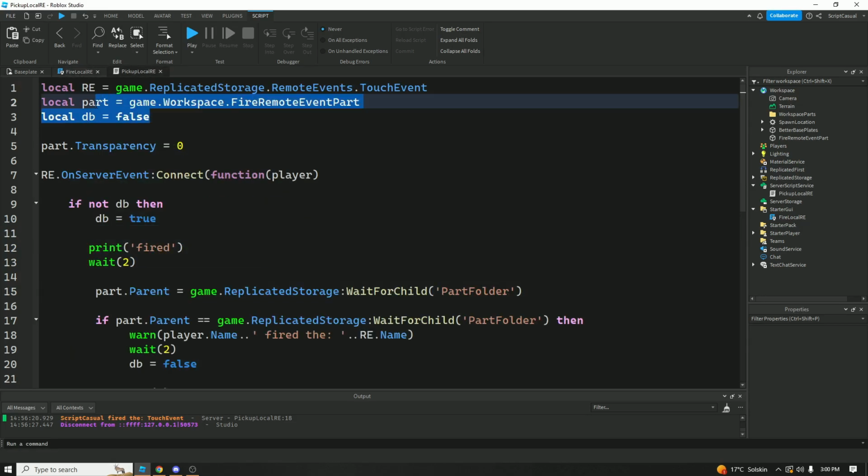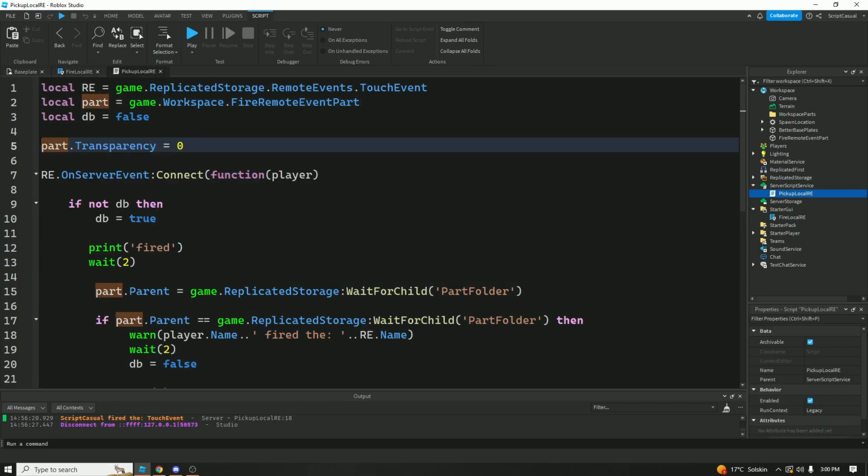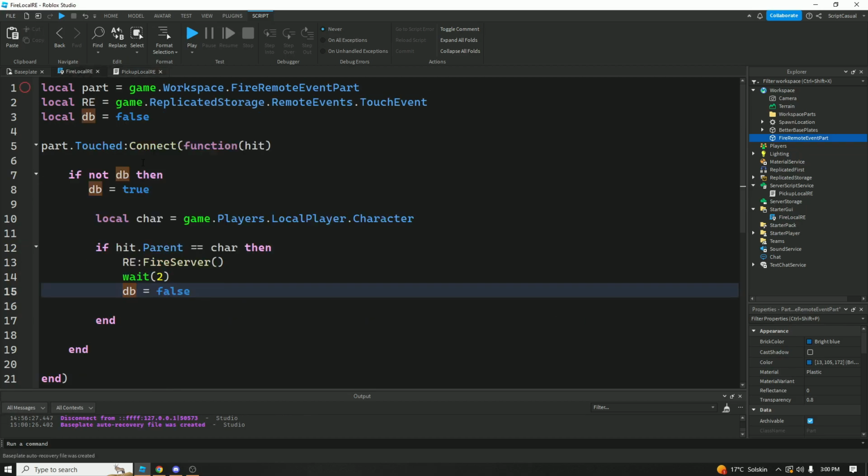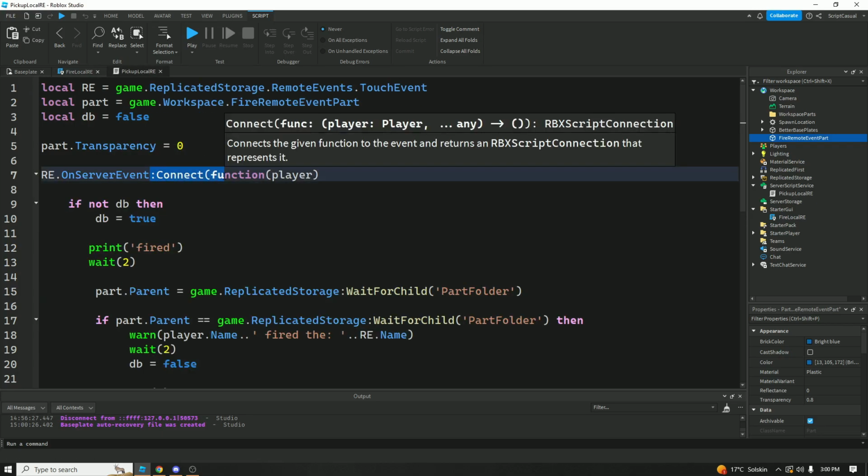We have the same variables up here as we did on the last one, and we're making sure that the parent part's transparency equals 0. It's just to demonstrate it easier. You don't need this code. Then we're doing remote event dot OnServerEvent. So we're basically picking up what we left in the local script,